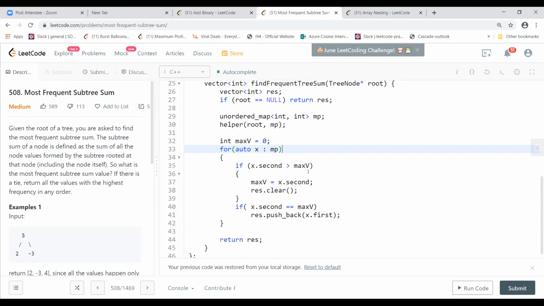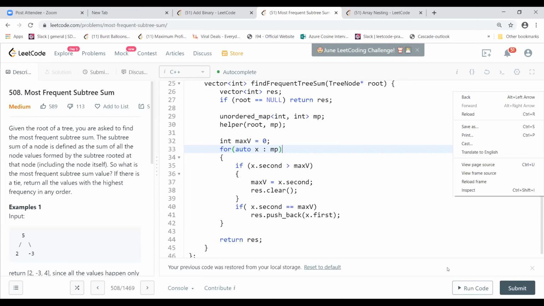The only thing you avoid is going into the for loop if you put the if condition while you are adding elements to the map. Right. Yeah, so that's the only thing. A bit of optimization is there.